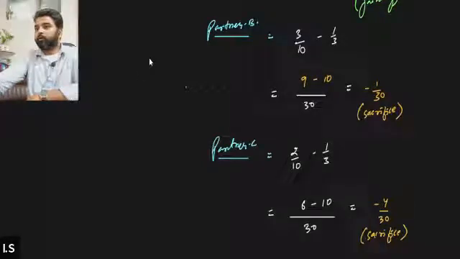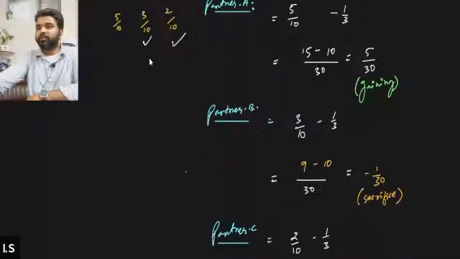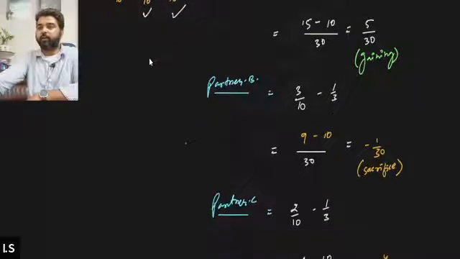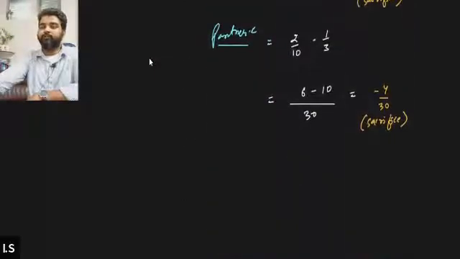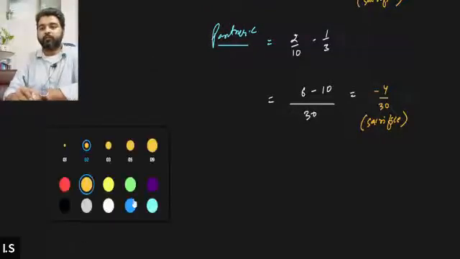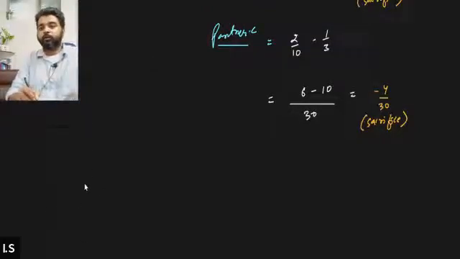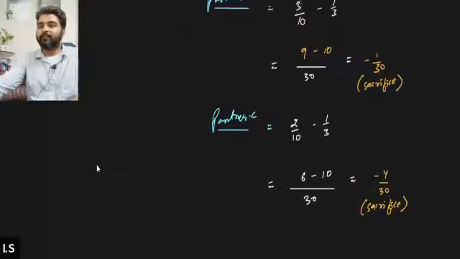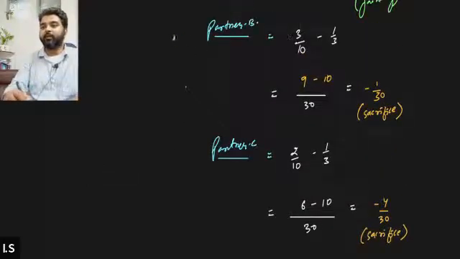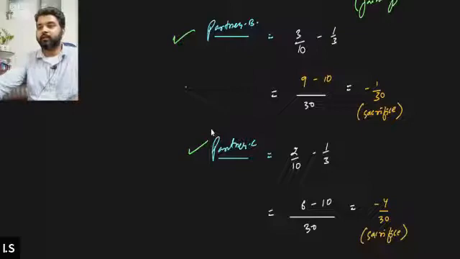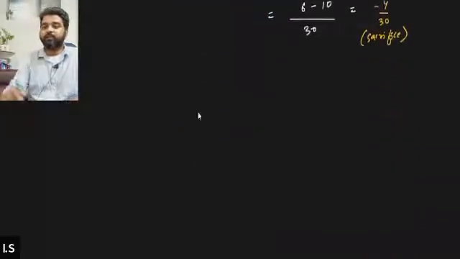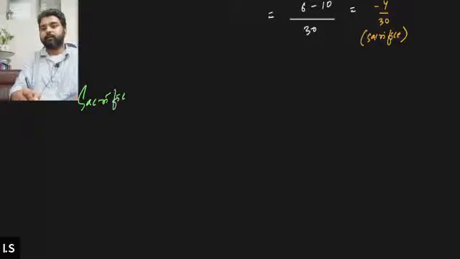So this was the gaining and sacrificing share for A, B, and C. Now the question is also asking us to find out the gaining and sacrificing ratio. So for finding out the ratio, what we will do, sacrifice. See, who are sacrificing? Only B and C are sacrificing. So to find out the sacrificing ratio of B and C, what we will do,